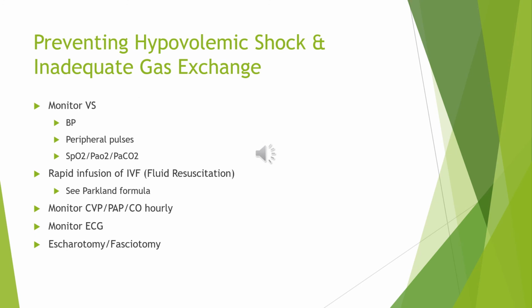Preventing hypovolemic shock and inadequate gas exchange. Nursing care would include monitoring vital signs, our blood pressure especially, and peripheral pulses. Also looking at our SpO2, PaO2, and PaCO2 levels. Rapid infusion of IV fluids, which is also known as fluid resuscitation. We will be administering IV fluids according to our Parkland formula. We need to monitor central venous pressure, pulmonary artery wedge pressure, and cardiac output hourly, monitoring our ECGs for dysrhythmias